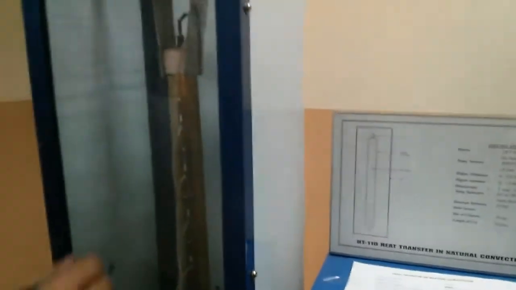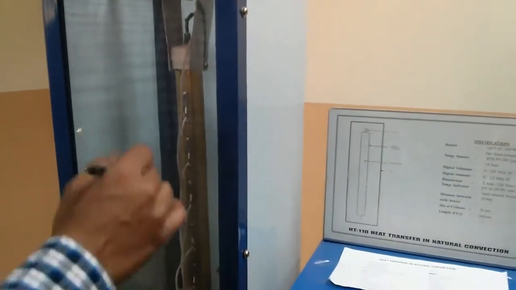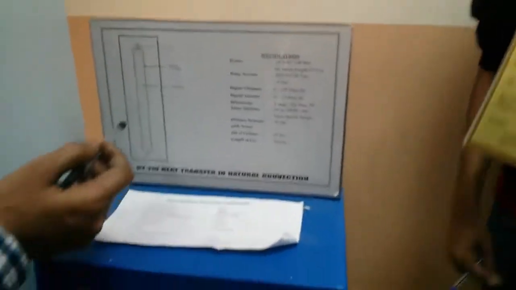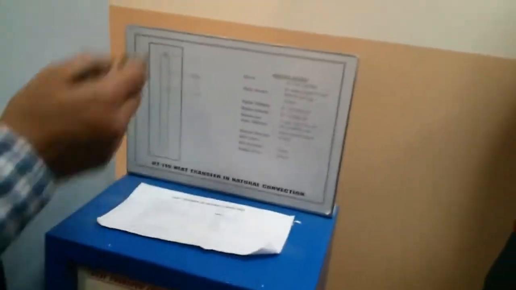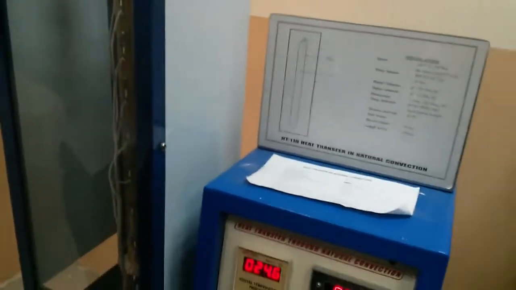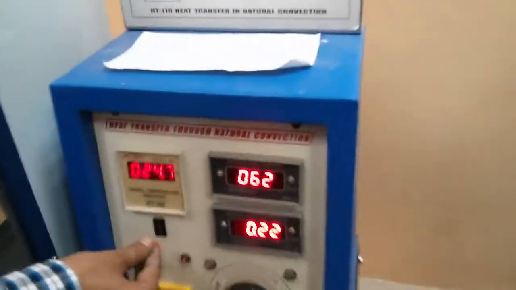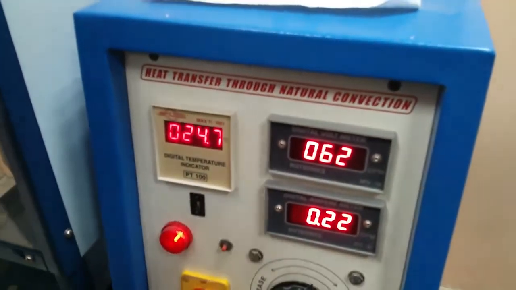For finding the surface temperature, there are thermocouples, the temperature sensors, placed at the outer periphery at different locations. 7 thermocouples are placed from the bottom to the top, and the temperature at each location can be found with the help of a temperature indicator.